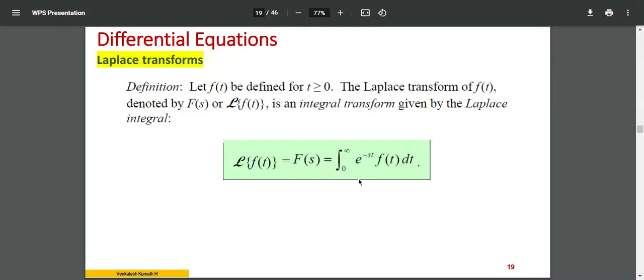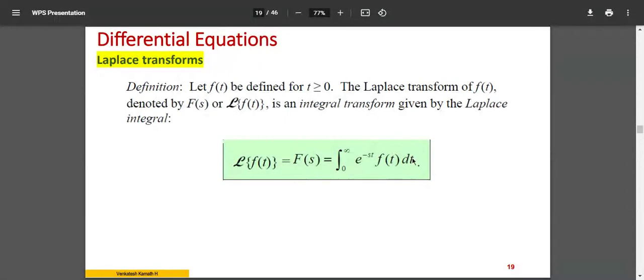By definition, we write L, this symbol L, representing the Laplace of f of t. f of t is the function on which you would like to do the integration. The integration format looks like this: e power minus st, where s is the Laplace variable and t is the time variable. Sorry, it looks like tau here, but it is supposed to be t. So it is e power minus st into f of t dt, and you have to integrate from 0 to infinity. This integration we call F of s.